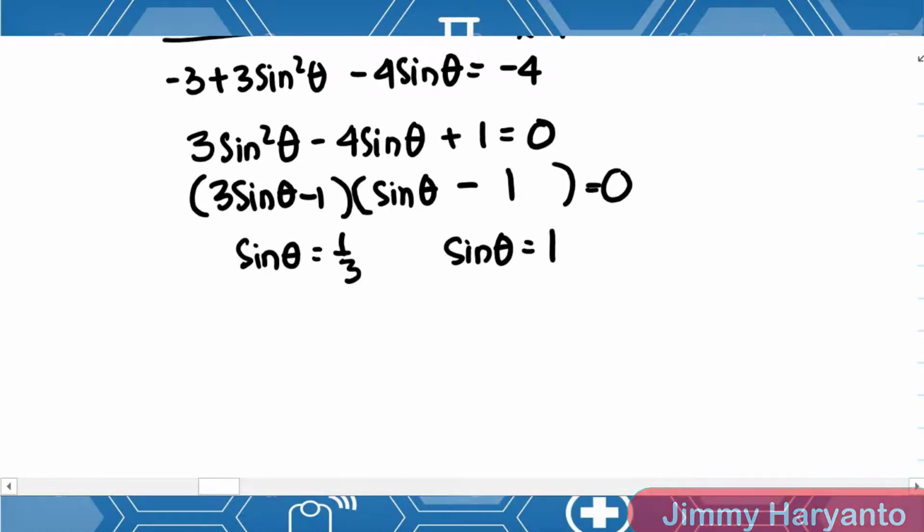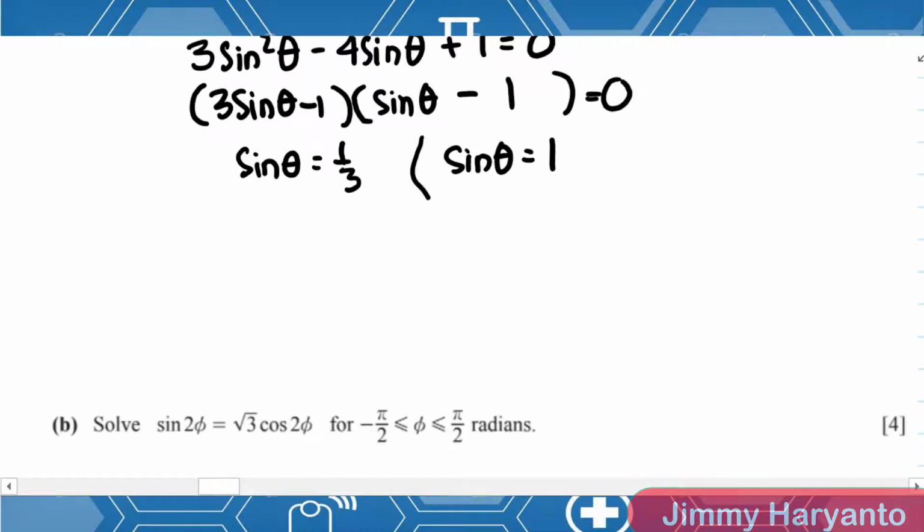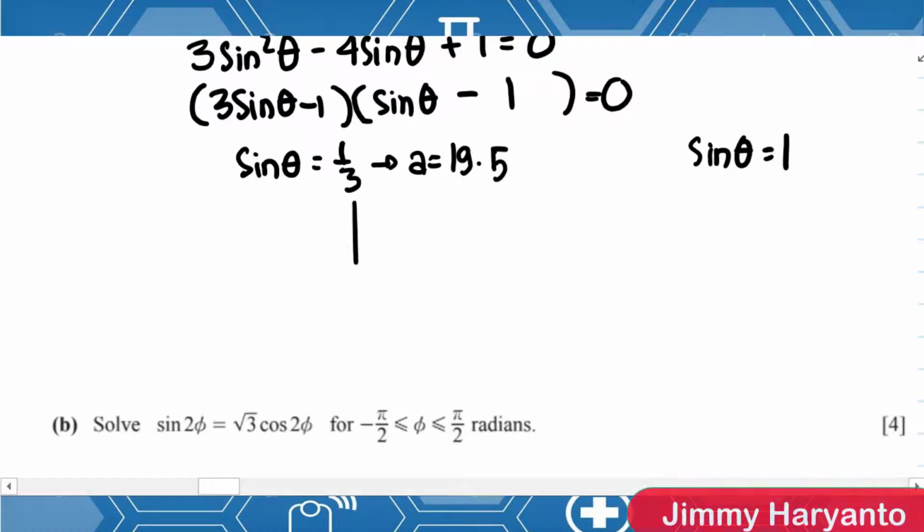Okay, using your calculator, you will get sine inverse 1 over 3. For the first one is 19.5. Remember to use the quadrant, you have to use the quadrant for the angle. So for this one, you will get basic angle equals to 19.5 in 3 significant figures. After that, you can use the quadrant. The sign is positive, so the quadrant will be quadrant 1 and quadrant 2. When you move the 19.5 into quadrant 2, it will be 180 minus 19.5 equals to 160.5.